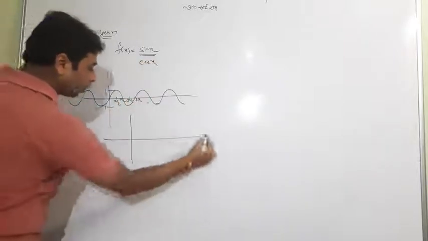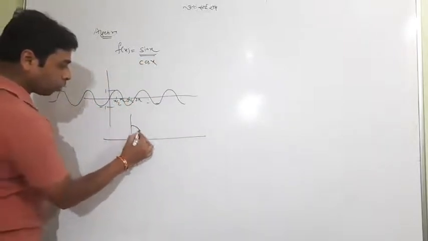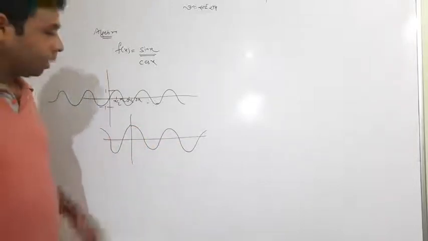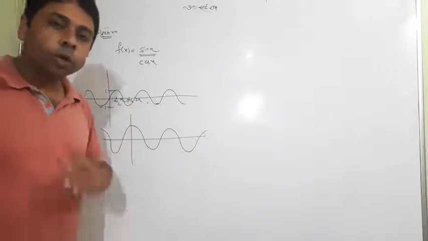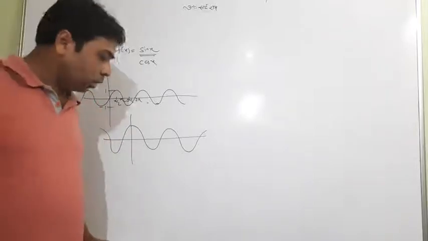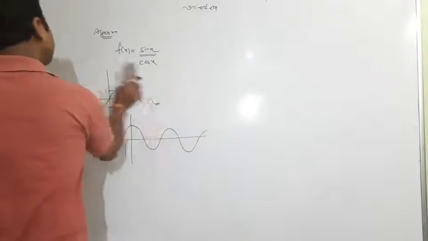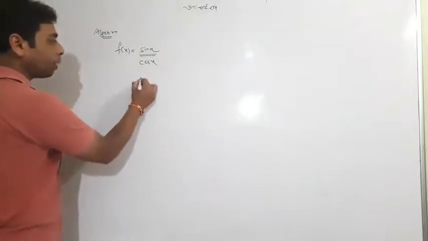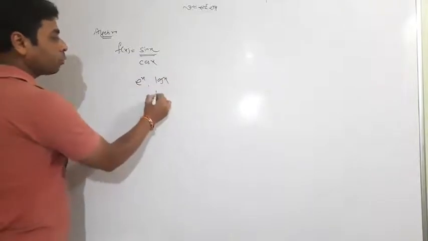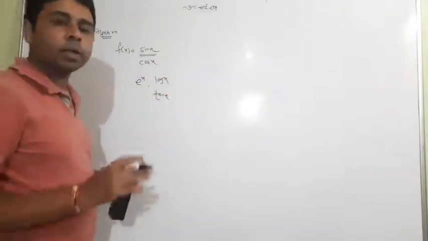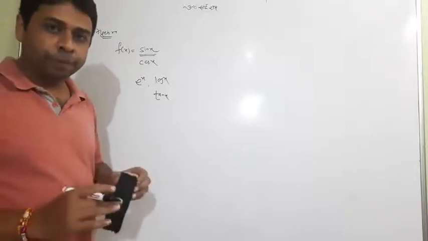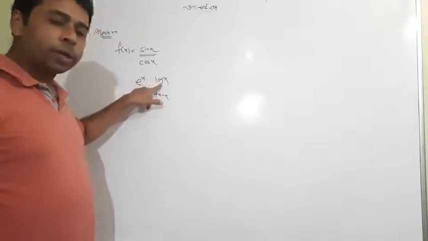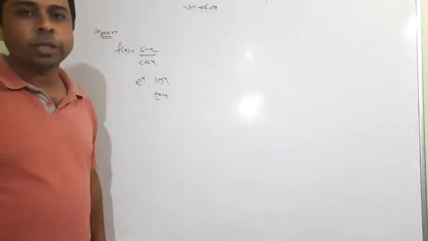Cos x, one should know what is cos x and how the cos x graph looks. It is always continuous at all the real numbers. So this is the thing which I want to share with you. Many functions like f of x equal to e to the power x, or log x or tan x, all are continuous in their domain. Somewhere tan x is not continuous, somewhere log x is not continuous, but in its domain it is continuous.